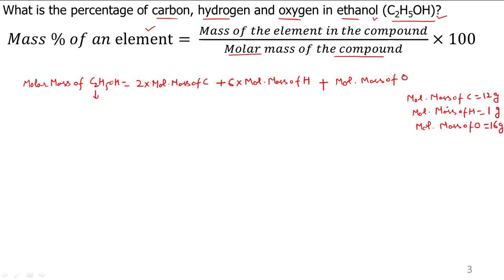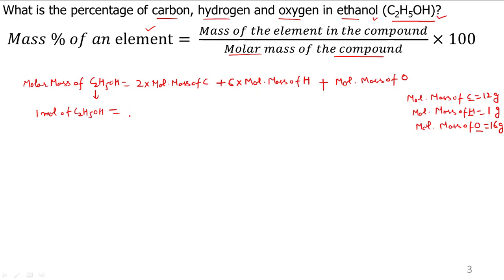Now we have to calculate the mass percentage of carbon, hydrogen and oxygen. So let us see the equivalence relation. We have 1 mole of C2H5OH. You need not do this every time. I am just doing so that you learn how to do it. Otherwise it is not necessary in the exam to do this step. I am doing the step by step method so that you don't get confused. Otherwise in the exam you can do it very quickly without using these steps.